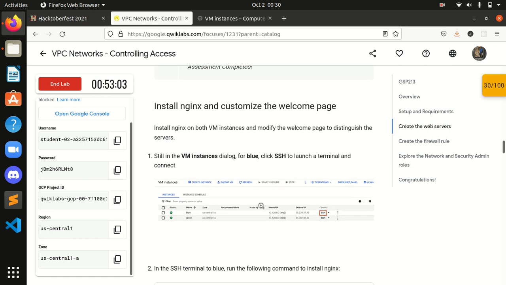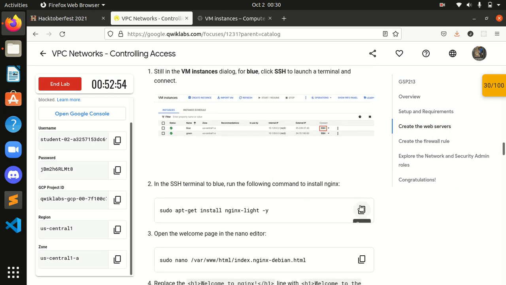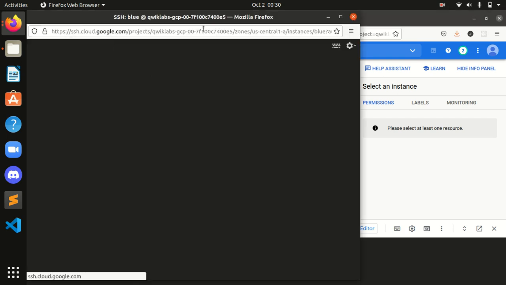Now what? Install nginx and customize the welcome. Still in the VM instance, for blue, click SSH to launch a terminal and connect. Okay, let's copy this command, because we have to install an nginx server in the SSH terminal. So we will click on this blue, and then the terminal will open and connect through it.